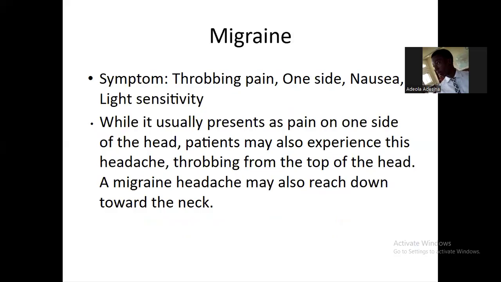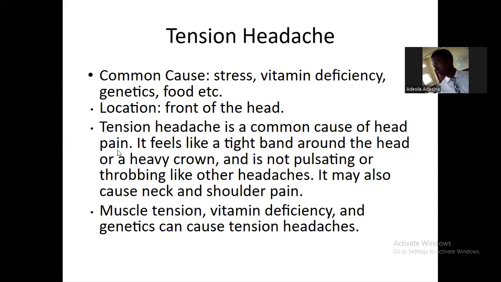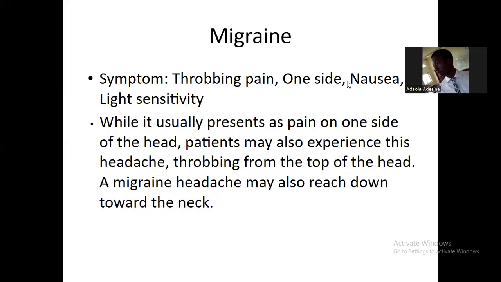Migraine is a throbbing pain on one side, right? When people are saying the headache worsens when they see the sun, you already know that it's light sensitivity, that's migraine. Sometimes, it makes them want to vomit, right? So again, let me show you. On one side of the head towards the ear, right? Once there's light sensitivity and there is nausea, you already know that it is migraine, right?